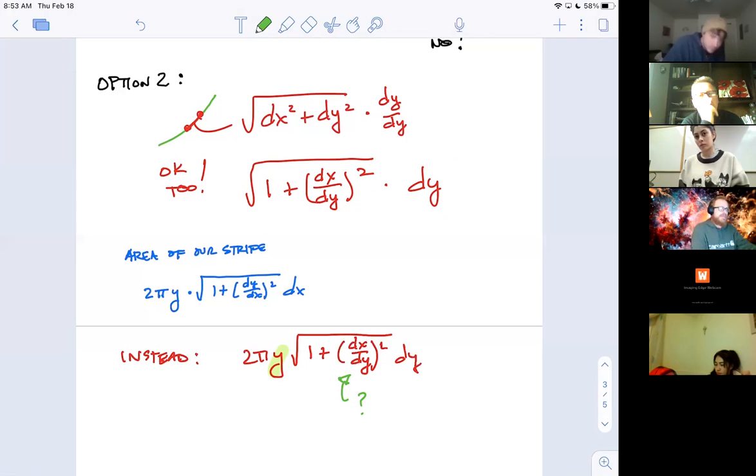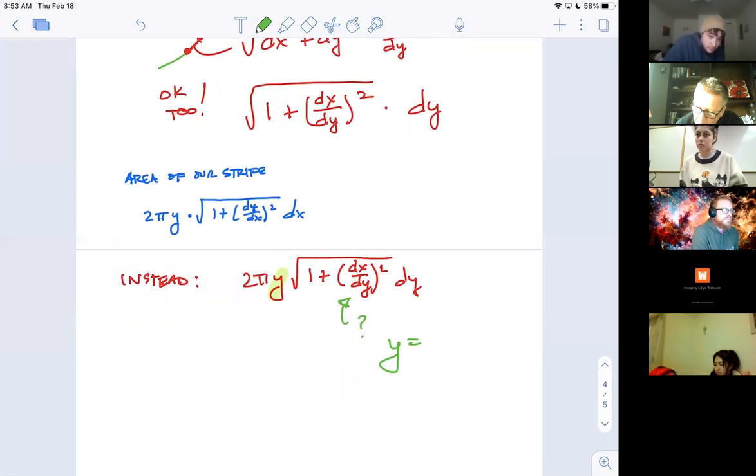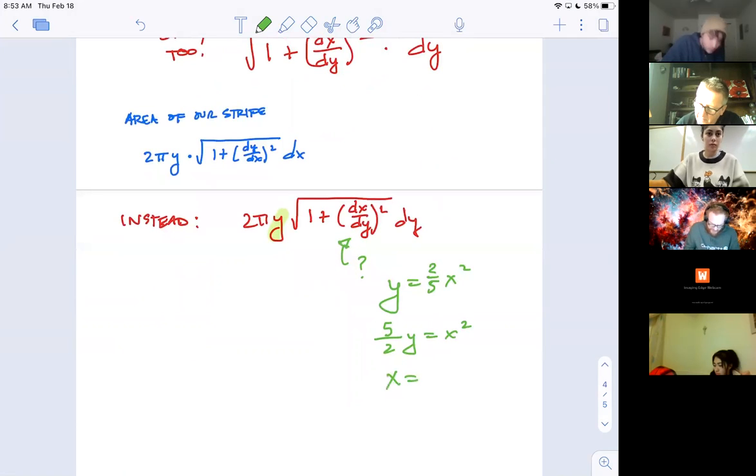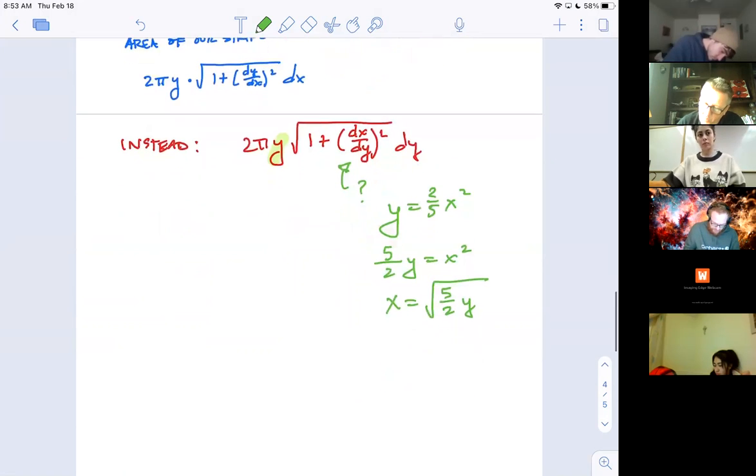It's the derivative with respect to y. Yeah, it's the derivative of x with respect to y, which basically means we need to take our equation y equals 2/5 x squared, and we need to solve it for x. So if I multiplied both sides by 5/2 and took the square root, then I could say x equals the square root of 5/2 y. And so dx dy, meaning the derivative of x with respect to y,